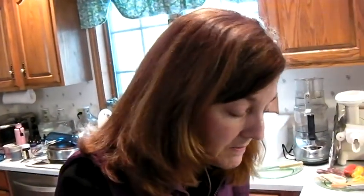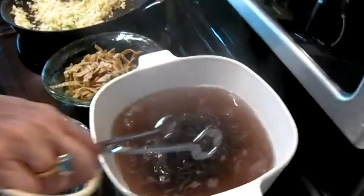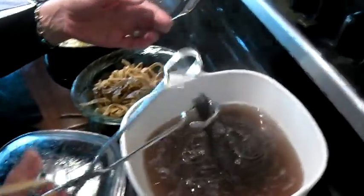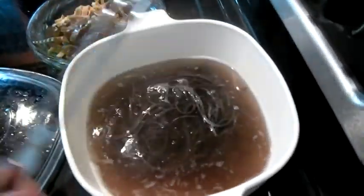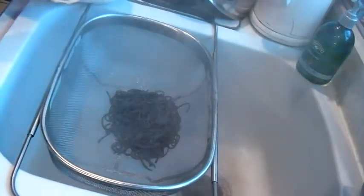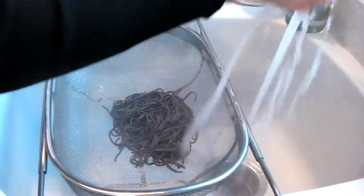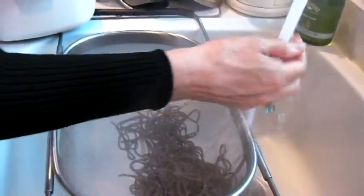So this is a really great alternative. Now this is, in my opinion, done already. This is the black bean pasta, and you can see how quickly it cooked up. What I do, once I have it to the consistency that I like it, if you do it too long, remember it's going to turn to mush, I just take it, I pour it into my strainer over here, and then you can wash it off with a little bit of cold water. And then what I do after I've washed it a little bit